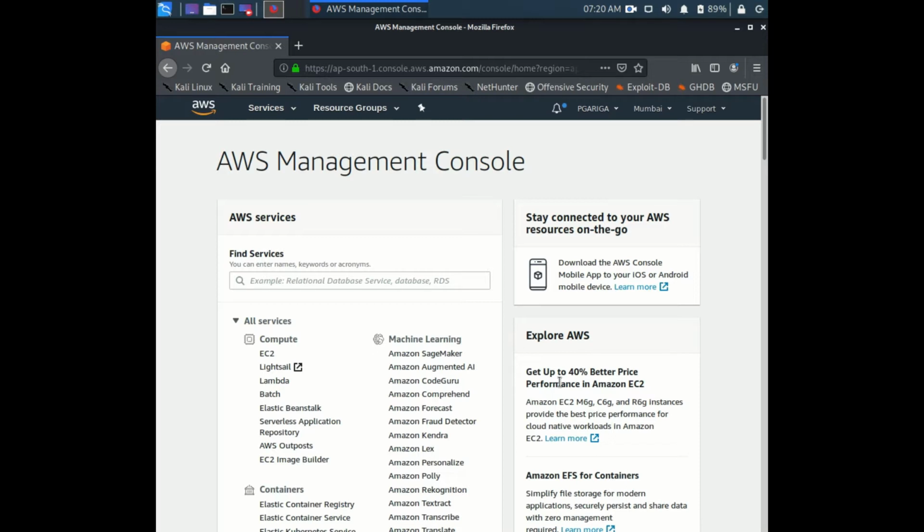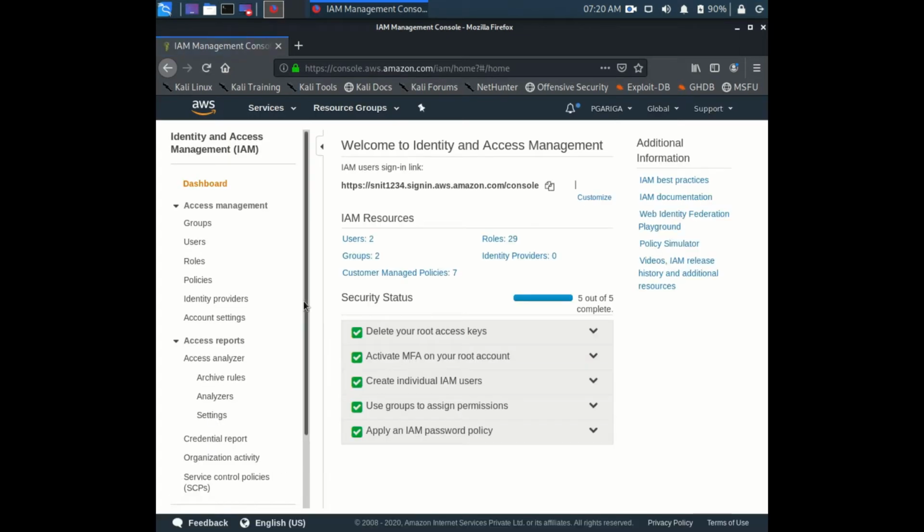Once you have created your account, I will show you what things need to be set up, so that it will be easier for you for the next usage of the AWS portal. Once you are inside the portal, you need to take IAM. Here in the search bar, just click on IAM. Once you are inside the IAM portal, you'll see all these terms over here. You can see the dashboard. We are actually in the dashboard right now. You can see here we have two users as of now, and roles, and groups.